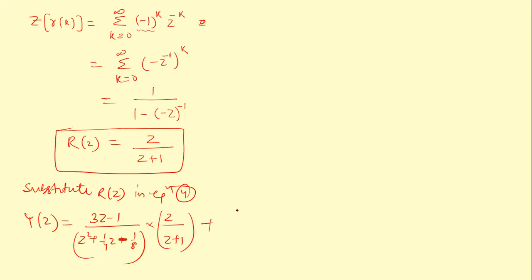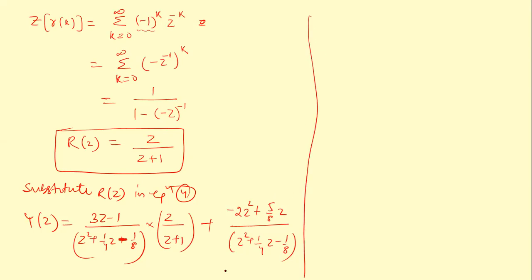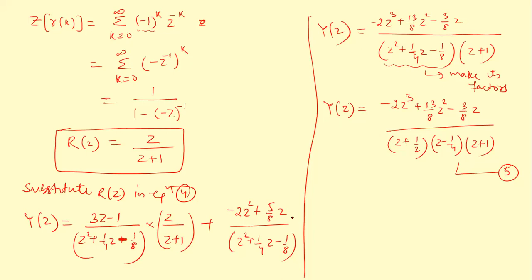And then we have plus minus 2z square plus 5 by 8z divided by z square plus 1 by 4z minus 1 by 8. Now we can simplify this equation to get the solution. So we can take the LCM here. By taking LCM, on simplifying this equation, we have got this one. So in this, we will factorize this particular part and we have got this one. So now we can apply the partial fraction